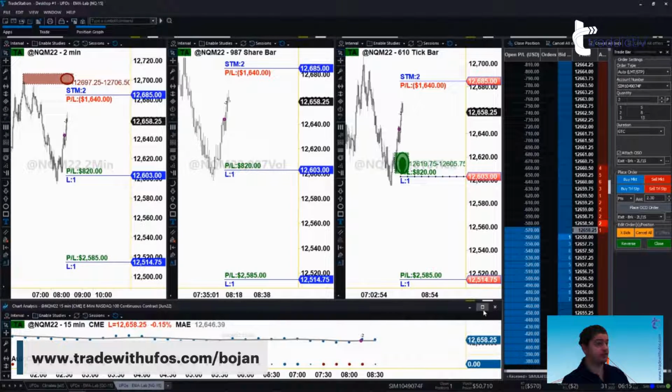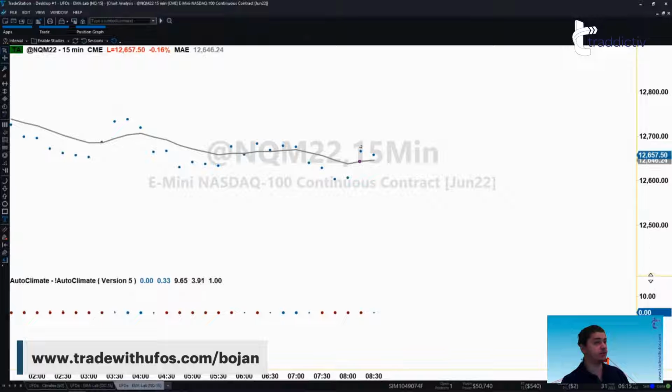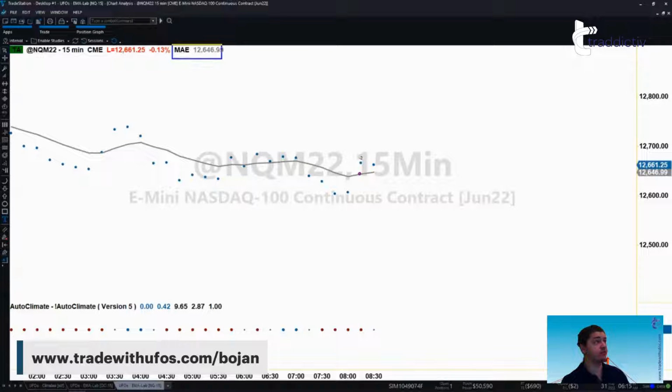But let's go ahead and analyze this as if it was still an active trade, as if it was still a trade that we should be taking. So the reason why we took it is because we had a confirmed climate. Now, the other factor that determines whether or not we should be taking a trade is the following, right? We need to have something that gives us an indication of where we get in and where we get out. And that indication is provided by the auto UFOs combined with a standard element in trading, which is a moving average. This gray line that you see here is a 9 EMA.